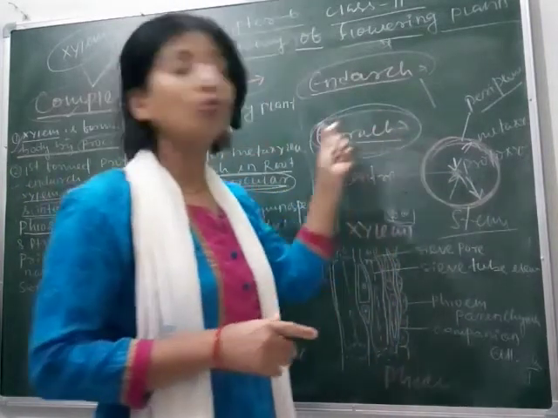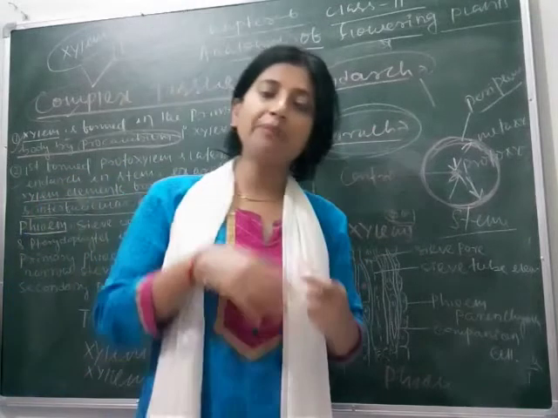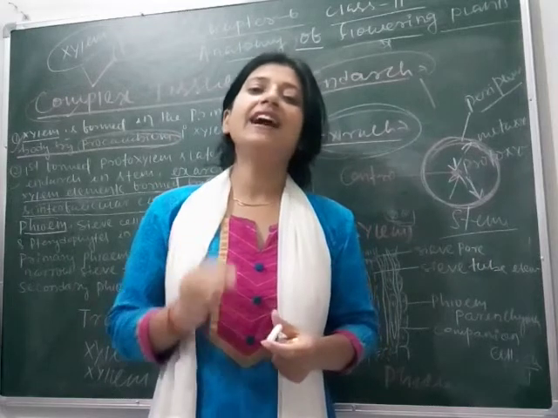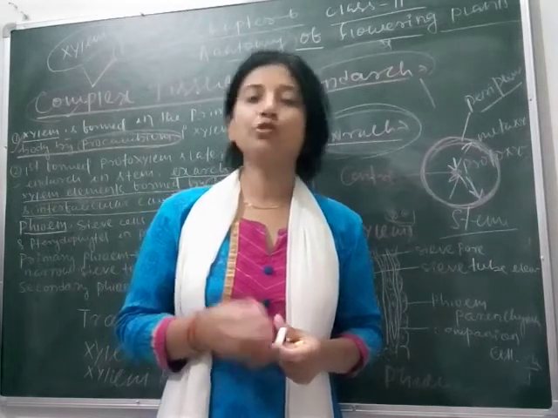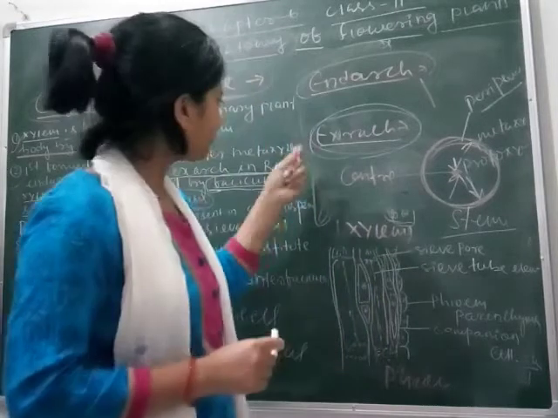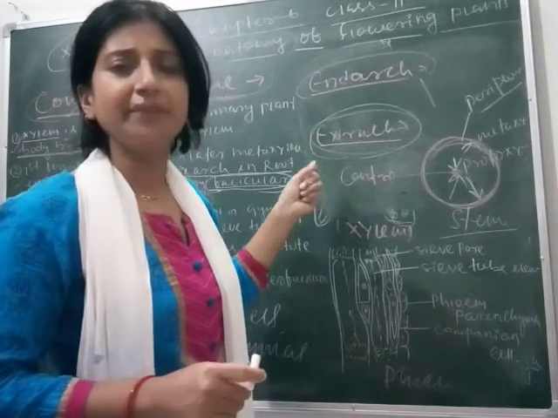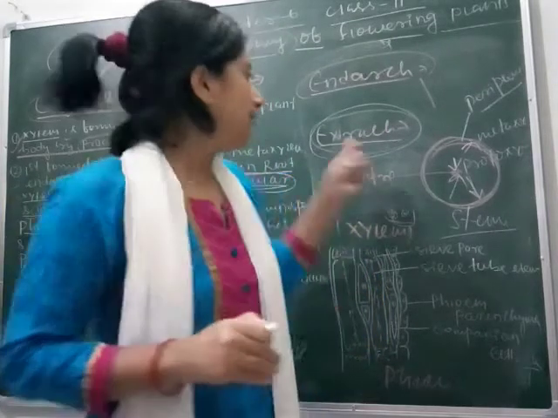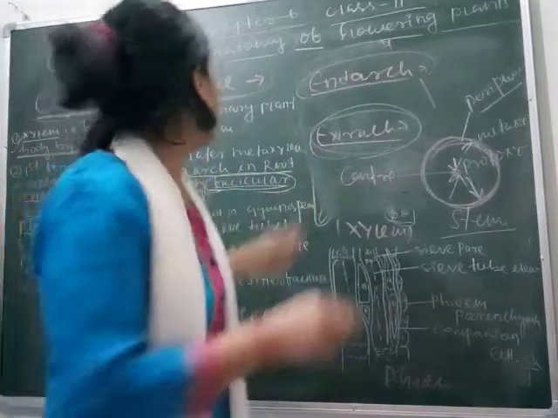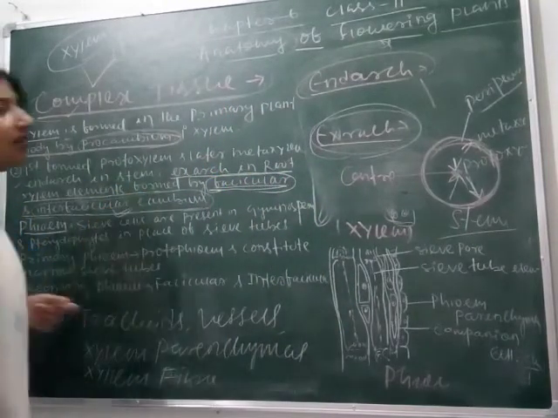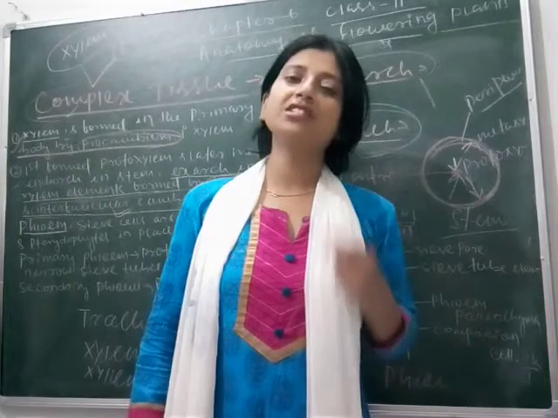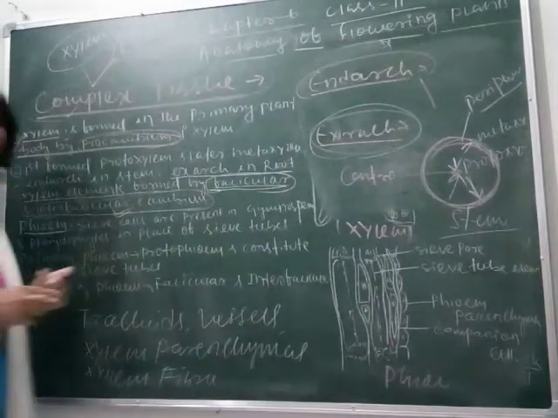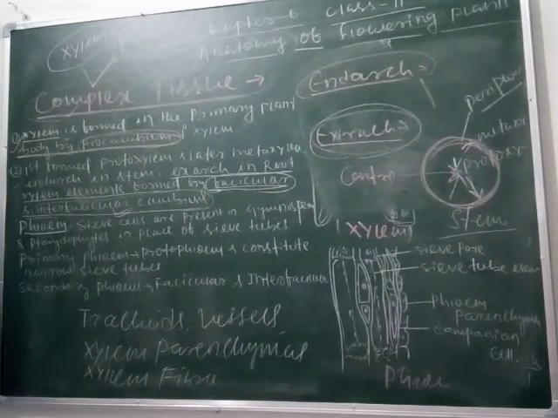We have studied two components, tracheids and vessels, which help in the transportation of water, and tracheids and vessels are lacking in the initially evolved plants like pteridophytes and gymnosperms. Here I have told you that xylem elements are made up of fascicular cambium and interfascicular cambium. Next is how the other 2 elements out of the 4, that is xylem parenchyma and xylem fibers, are formed in the plant, and what their function is.